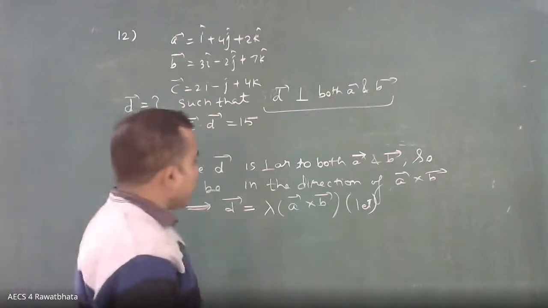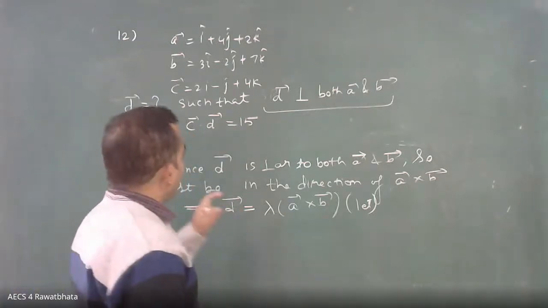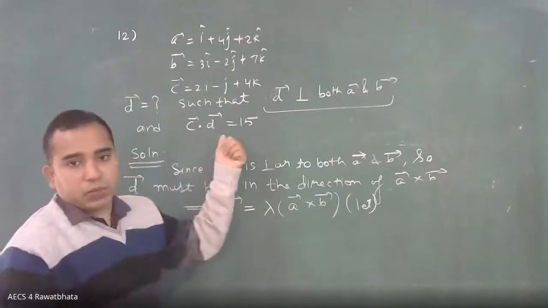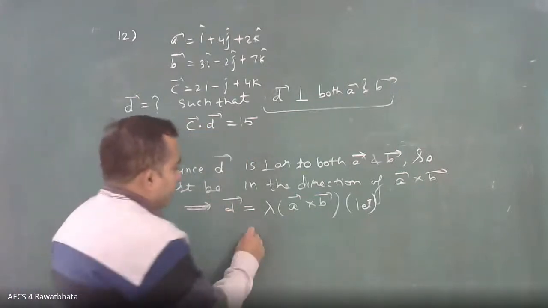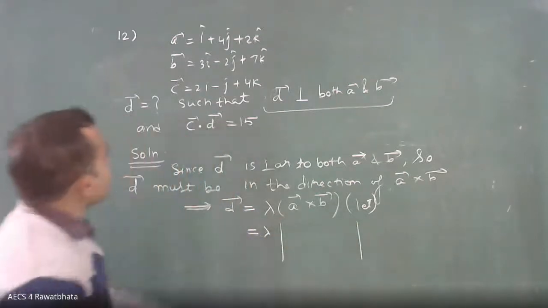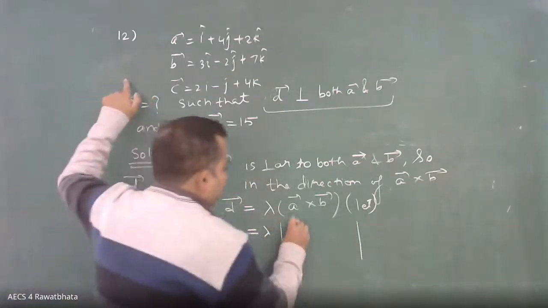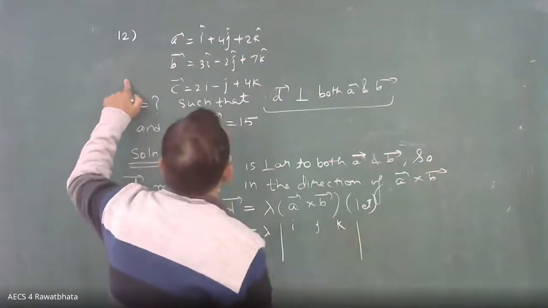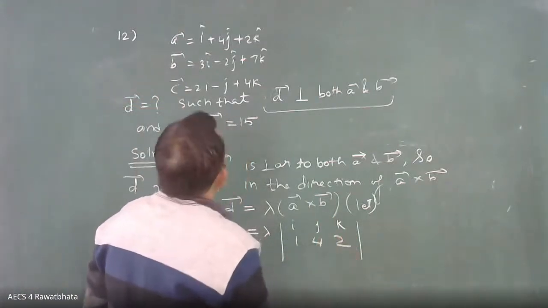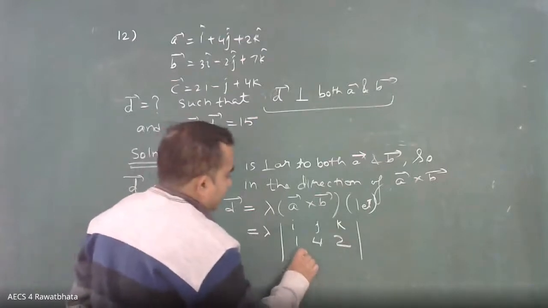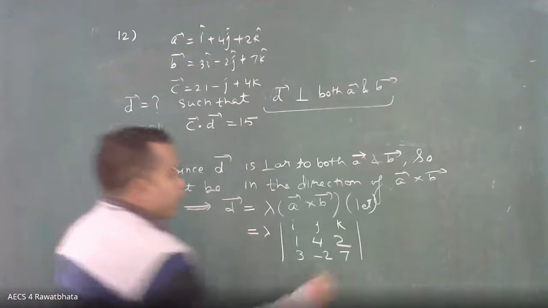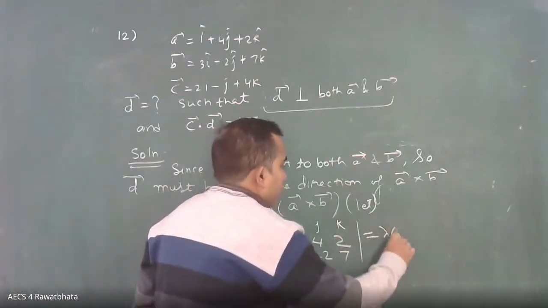We have assumed D as lambda times A cross B. Now I will find A cross B, then write D, and use the other information that is given. So first I find A cross B. A cross B will be the determinant of i, j, k, 1, 4, 2, and 3, minus 2, 7. Okay, so if you expand it, this will become